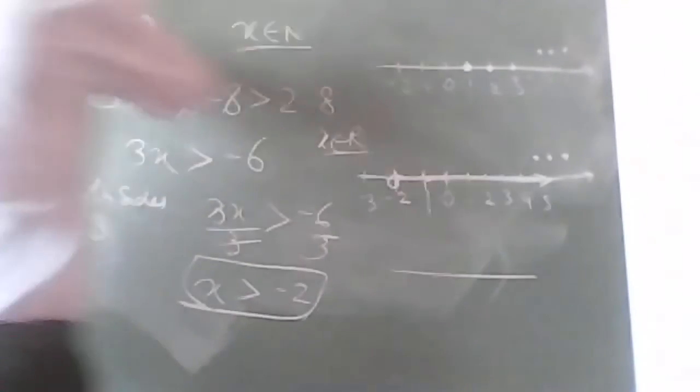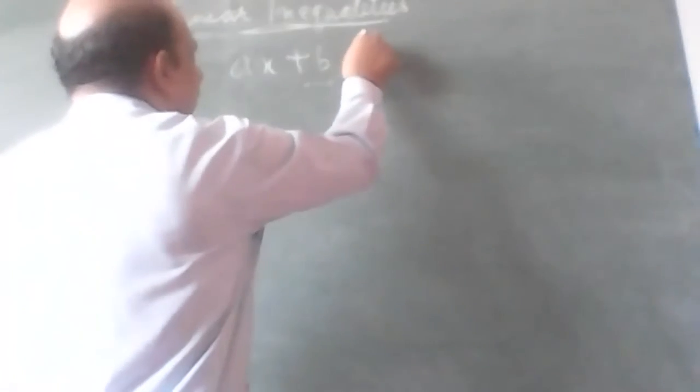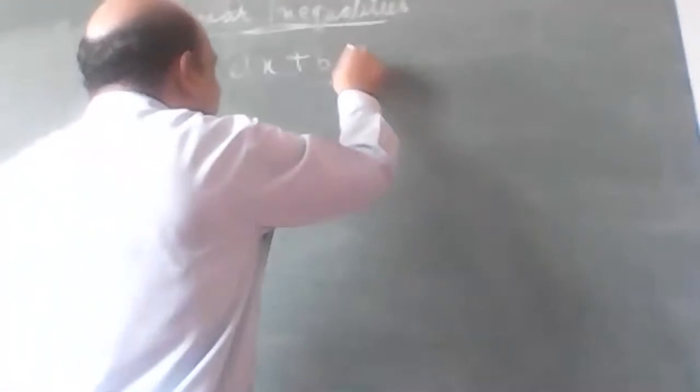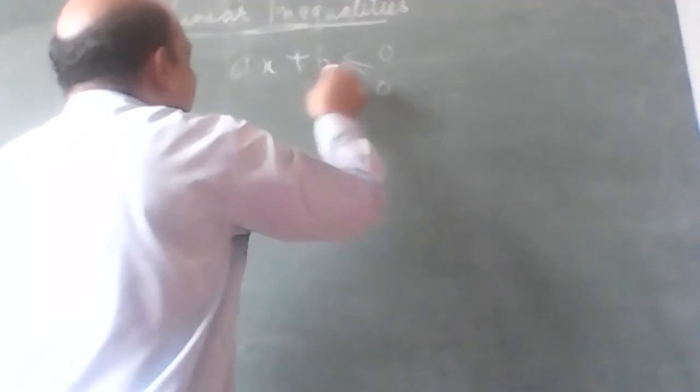Last thing of today which I am going to discuss is how to solve these equations or inequations to be precisely said. When we have something like ax plus b greater than or smaller than equal to 0 or greater than equal to 0, when an inequality is given, how to solve them? Remember rule number 1